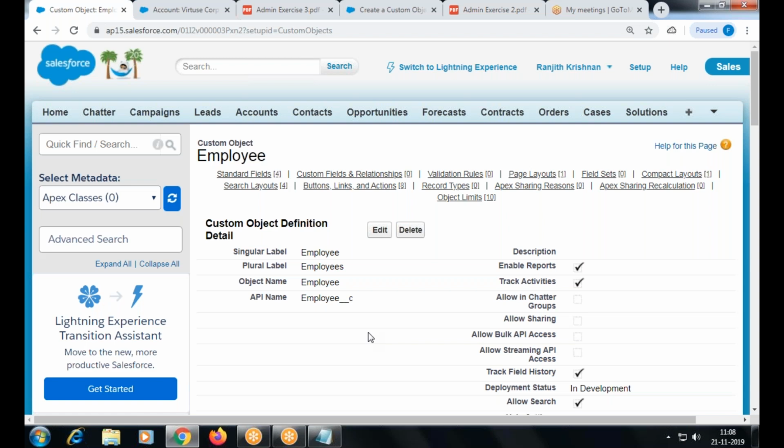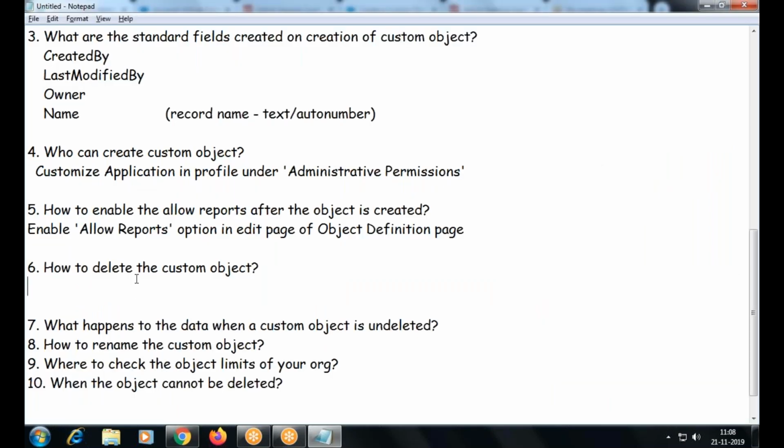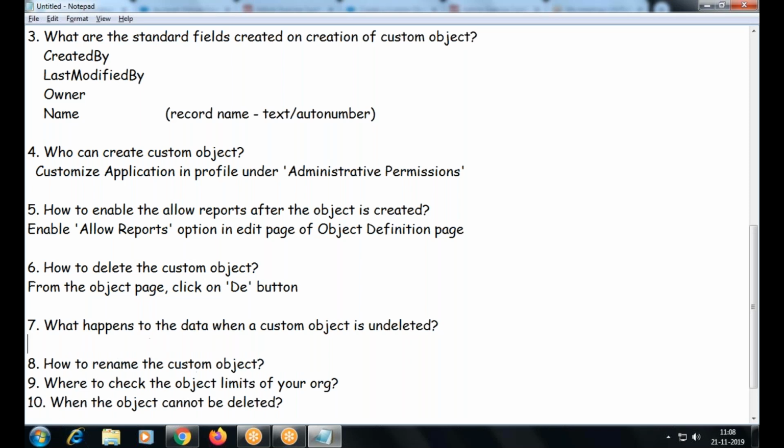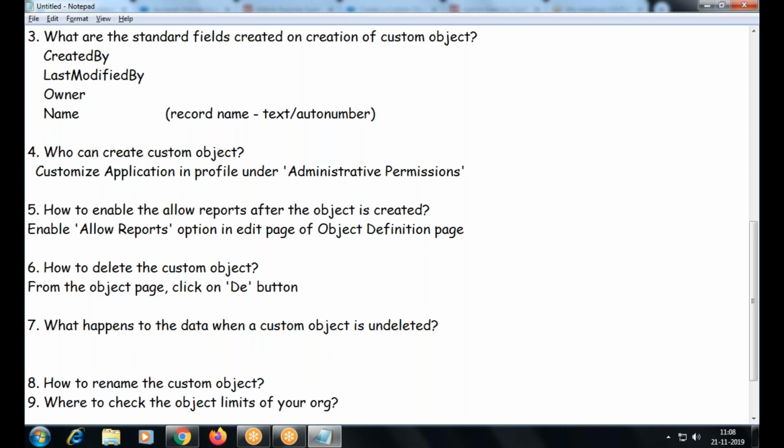Object and data will be deleted. When you undelete the object, the data will also be restored. From the object page, okay. So what happens to the data when the object is undeleted? Restored. Okay. Data is also restored.